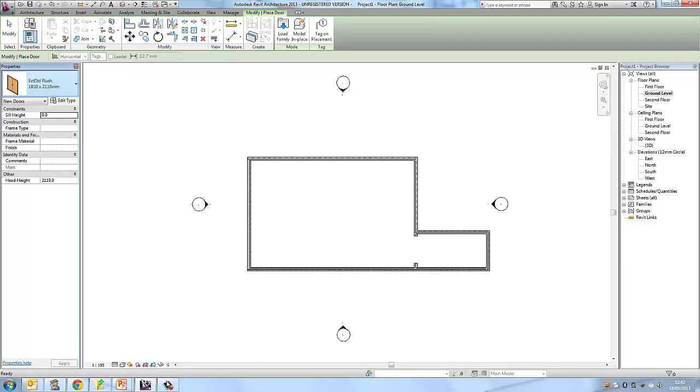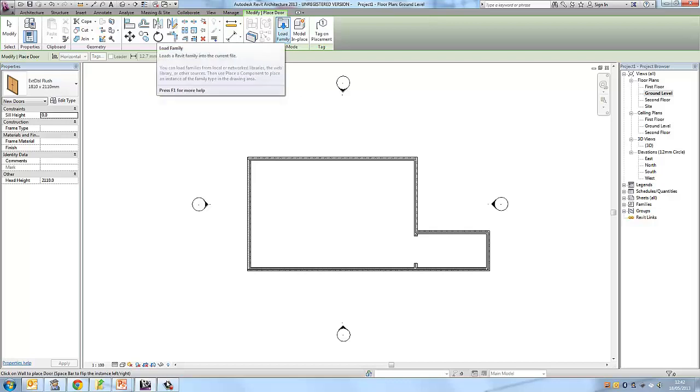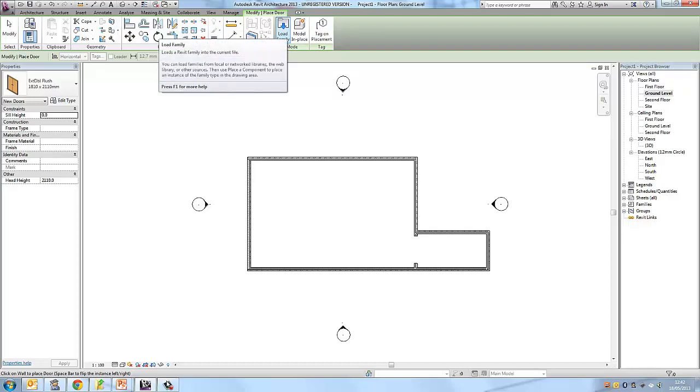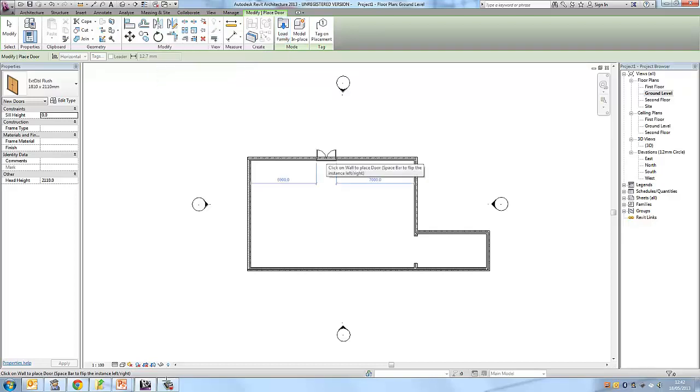Right. To get more choice of doors in the type selector, you can load a family. You can download different Revit families on the internet. You can look for different sites. Revit Seek is a good one. Revit City is another one. You can get free Revit families for your Revit models. So let's just use the sample one you